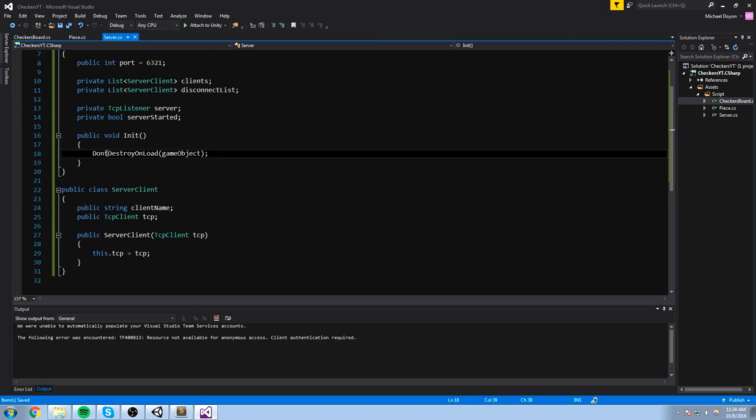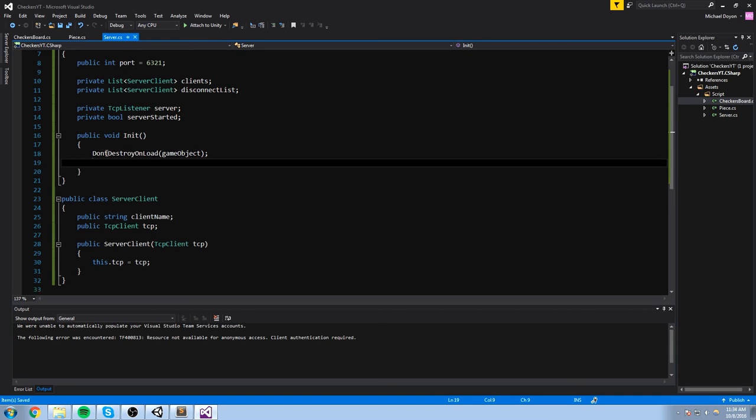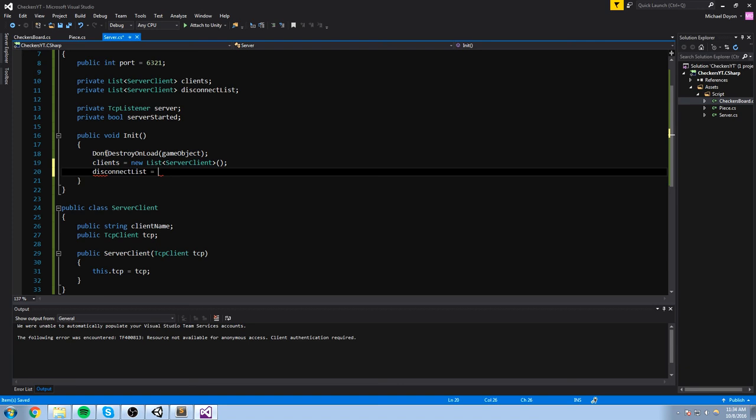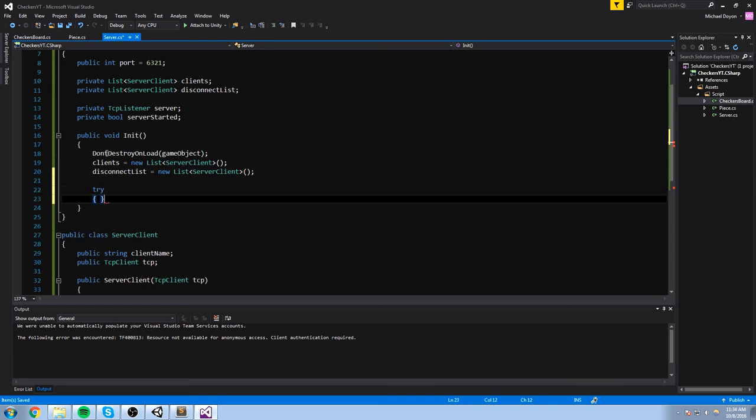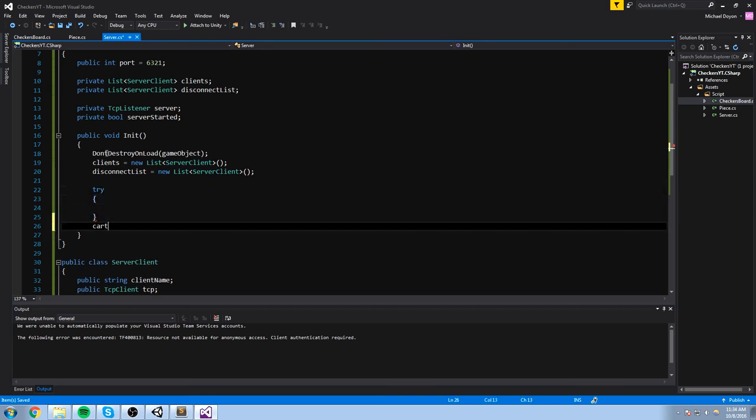So you can't really destroy the server while you have that transition going, which is why I do a don't destroy unload. The next thing I'll do is instantiate those lists so we don't get any null reference error, and then we'll try to actually start the server. So let's do a try, and also catch within an exception. So catch exception,